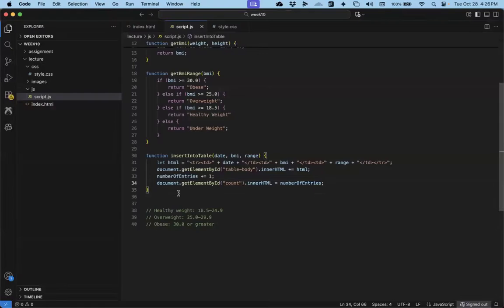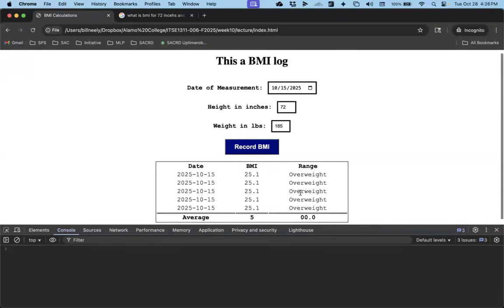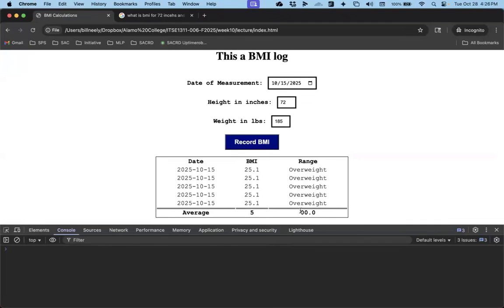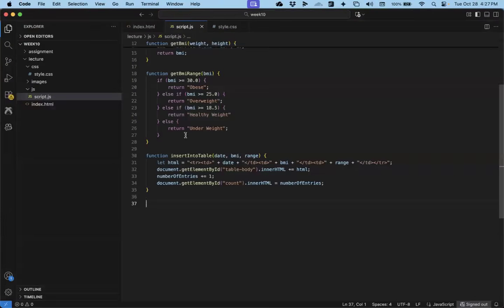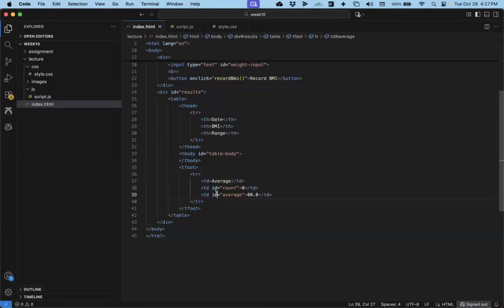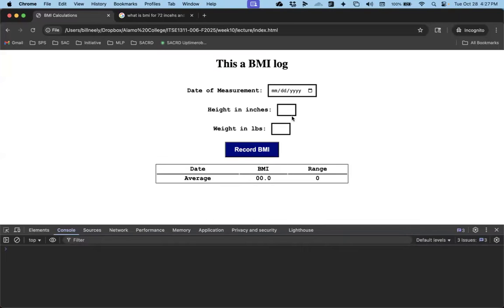Okay. All right. Now, also what we need to do is keep track of the average. So here we want the range. I'm just going to keep track of the averages of these values. Okay. And actually, what I think I'm going to do is swap these two rows because it makes more sense for the average of this column to be underneath that column and the count to be over here. So I'm just going to come back to my index.html and change the order of those rows. Okay, so now when we insert,